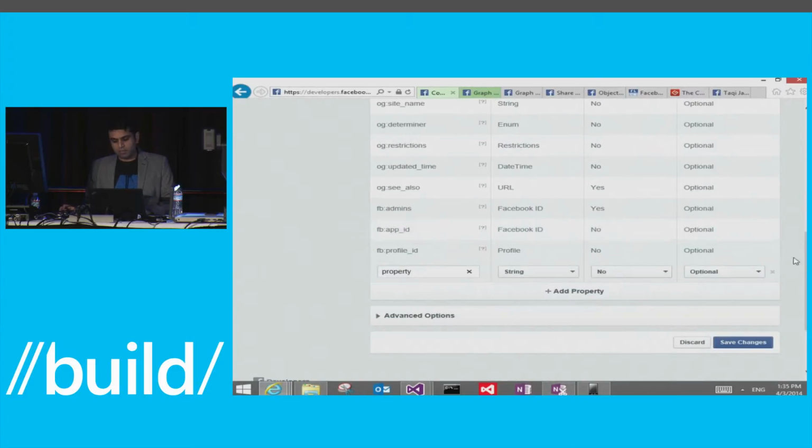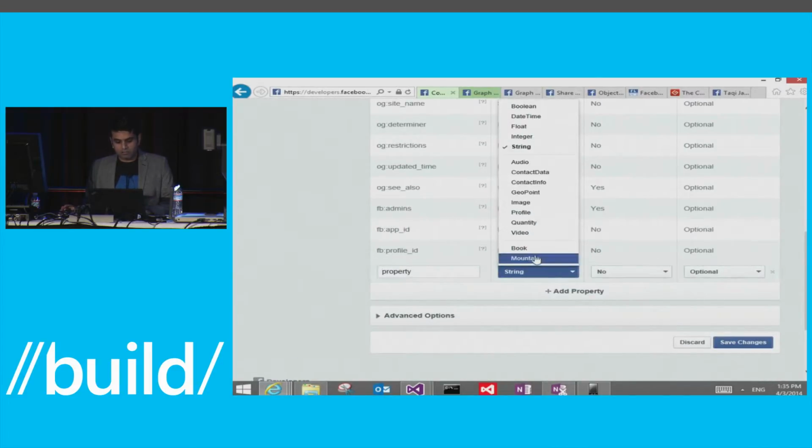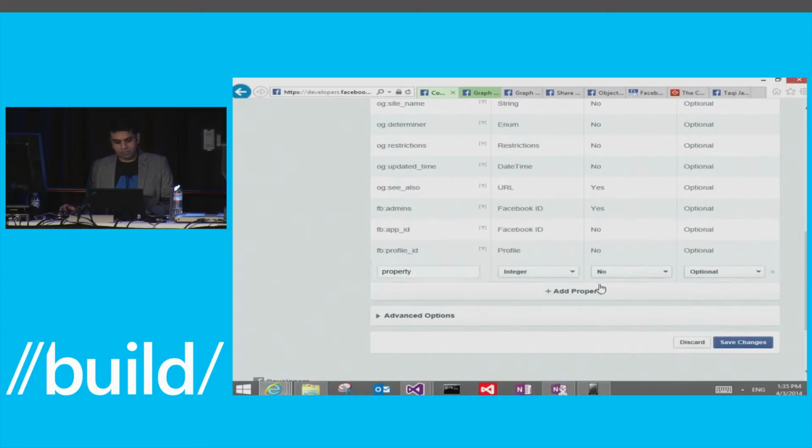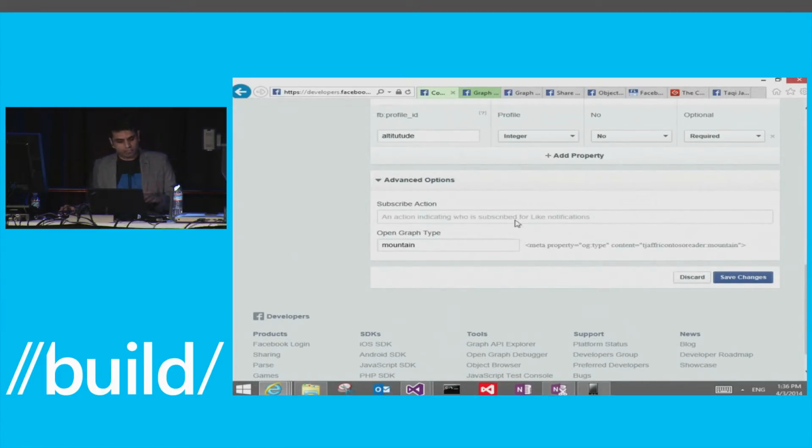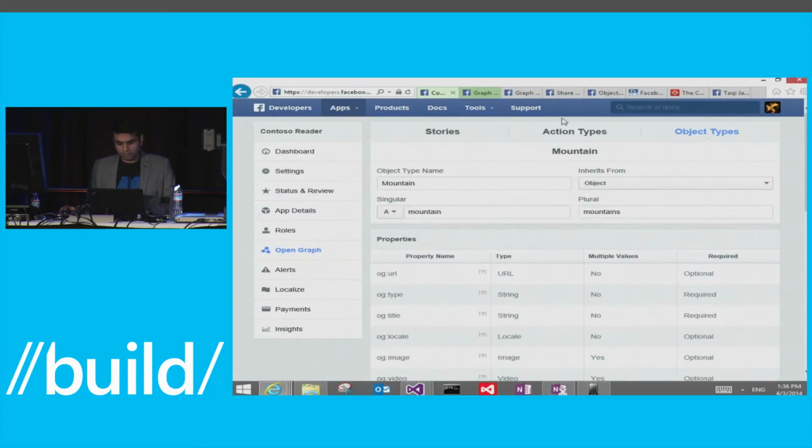For example, a property of a mountain might be its height, or altitude above sea level. And you can make that an optional property, or you can make it a required property. And then you can also do some very interesting other things, which you can read about in detail. For example, actions that users can take on it, and a subscribe action for notifications. So I'm going to save this custom property here for the mountain object,